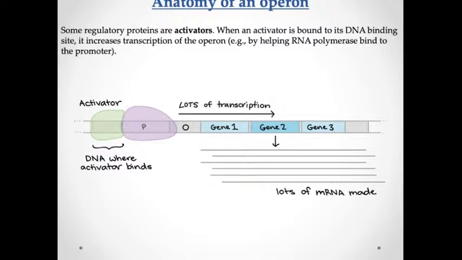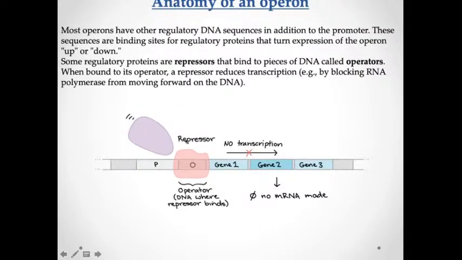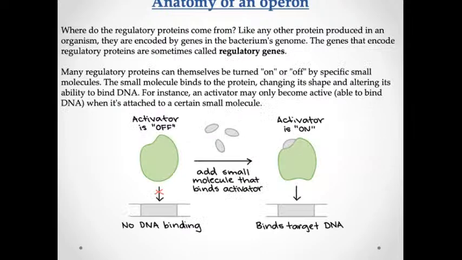But sometimes there are also activators, on the left side. When they bind, they activate the RNA polymerase to bind to the promoter, and lots of transcription happens and lots of mRNA is made. That is also happening in our operon case. So there is an activator, a promoter, then three genes which are doing lots of transcription with the help of RNA polymerase. And if at the operator a repressor is attached, then your promoter will not work, but in the other case, yes, it will work.